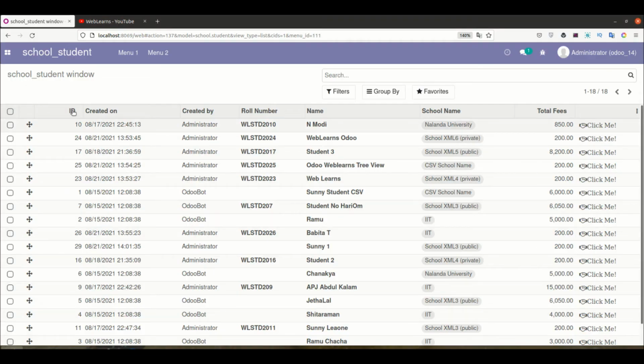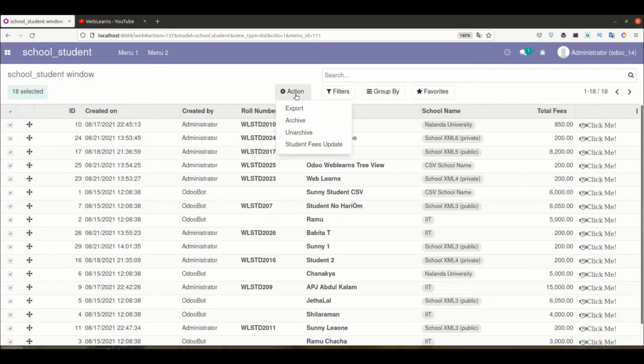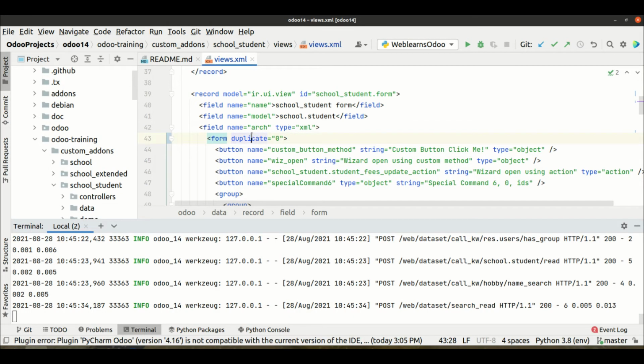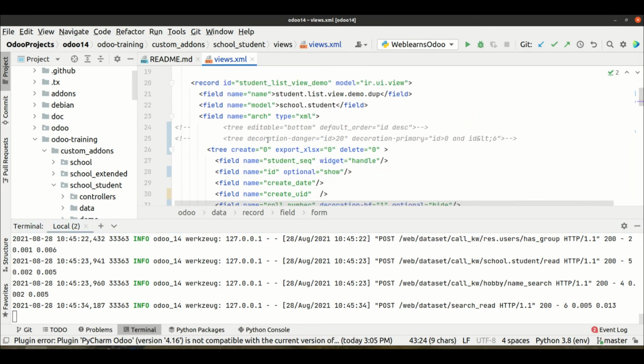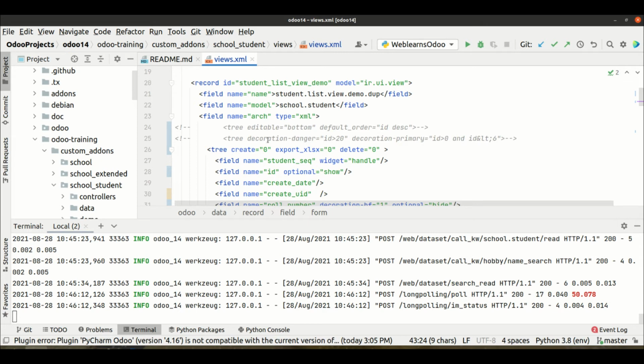Plus there are many things. Let's say you can't hide this option directly using such attributes here. If you want to hide those fields, then you have to reduce the access rights of that specific model, or else you have to inherit the JS method, and over there simply mention your logic to hide or unhide.